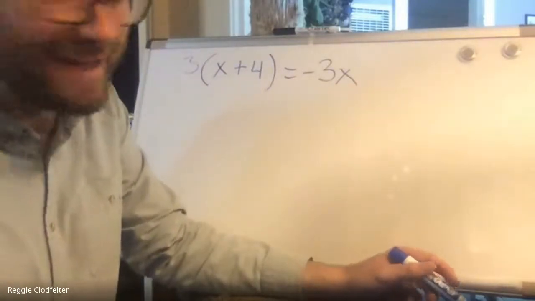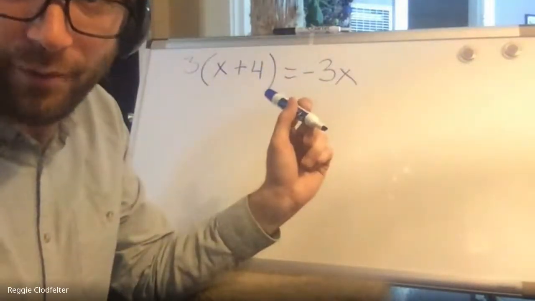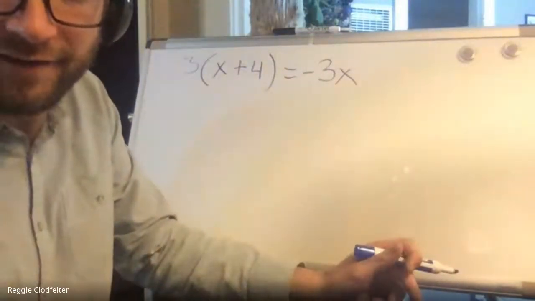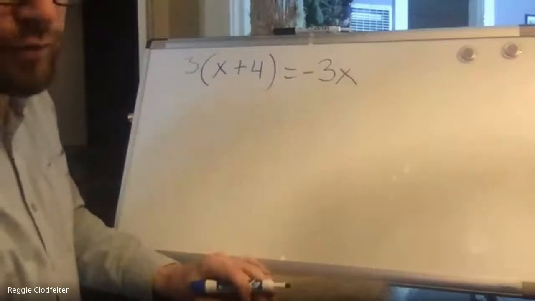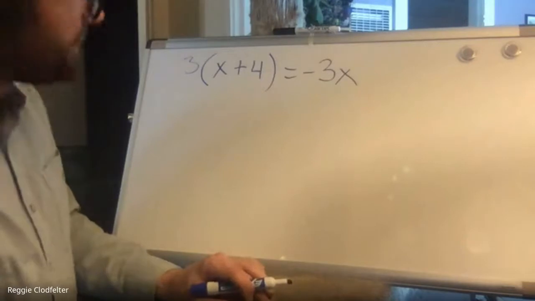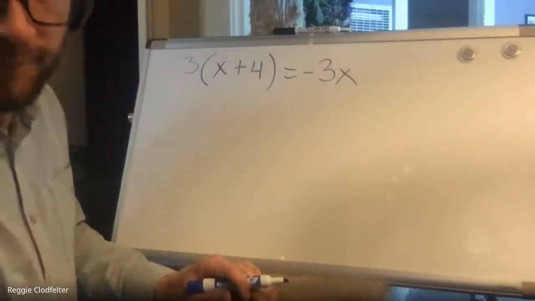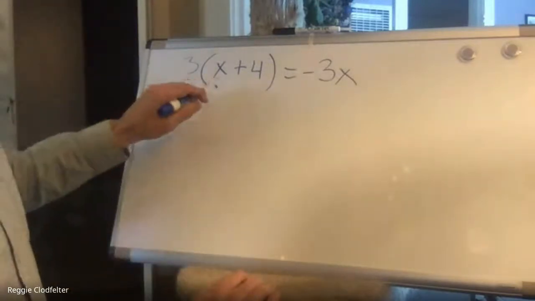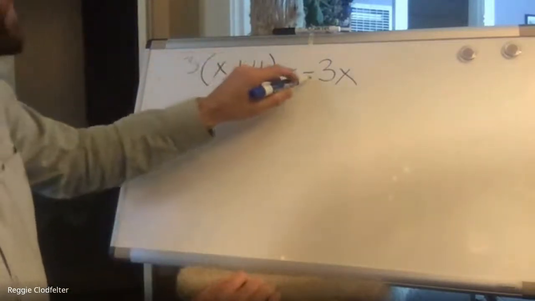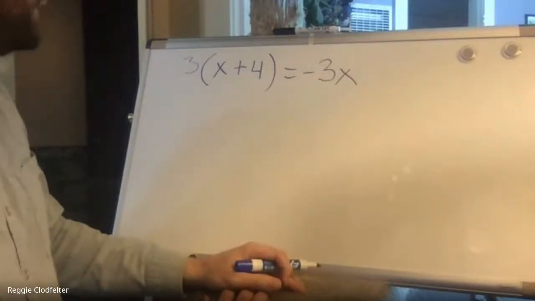Again, there's more than one right way to solve an equation for a variable. You don't have to do it in a specific order. I'm going to show you the way that makes the most sense to me. So if we have 3 times x plus 4 equals negative 3x, the first thing you can do is